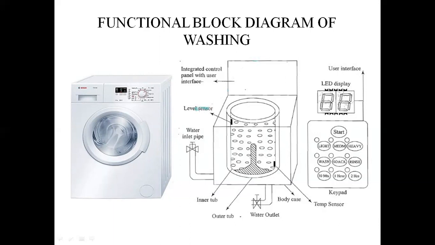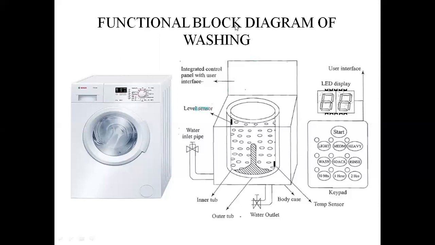So what about the control part? The control part consists of a microprocessor or microcontroller based board with interfaces to the sensors and actuators. So the sensor data is fed back to the control unit. Somewhere here there will be a control unit. The control unit generates the necessary actuator outputs. The control unit also provides connectivity to user interfaces like keyboard for setting the washing machine.